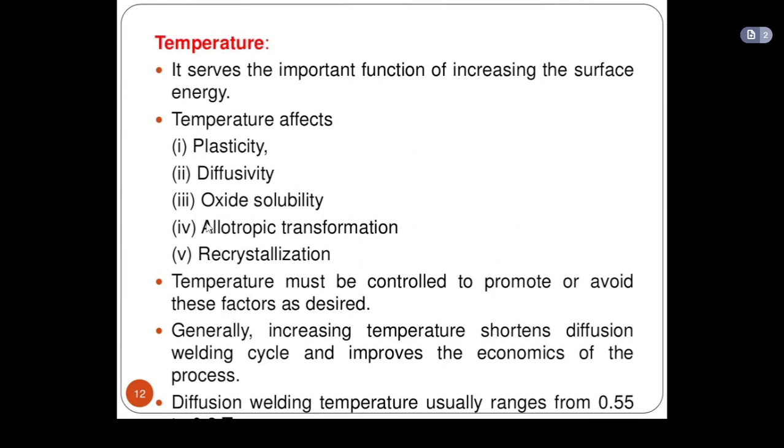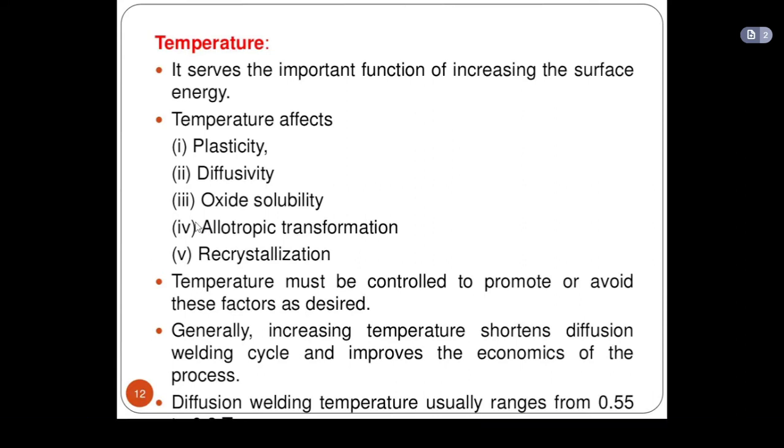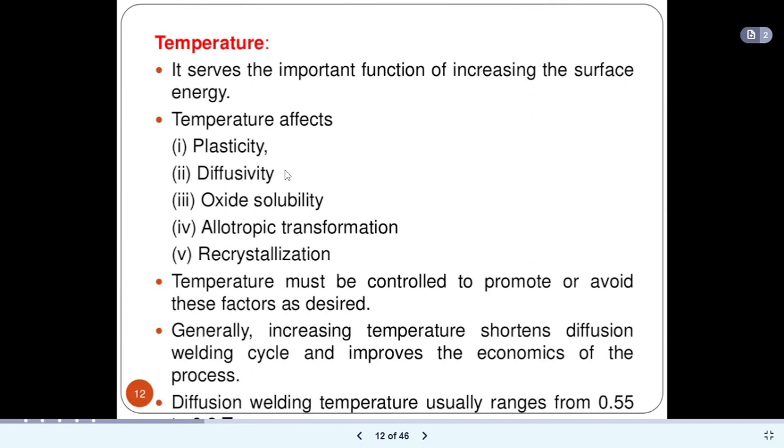If we reduce the temperature, then it will increase the welding cycle time, but the temperature will not go beyond the melting point of the base material. The temperature of the base material should be below the melting point, because diffusion welding is a solid state welding process. In diffusion welding, we are providing the temperature in a range of 50% to 70% of the melting point of the base material, but we can increase it up to 90% of the base material.